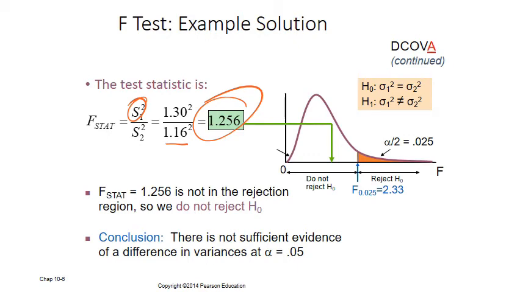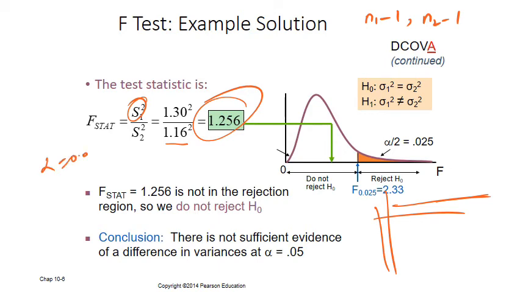And now the next thing is how to find the F critical. As I said, there are two degrees of freedom, n1 minus 1 and n2 minus 1. The numerator degree of freedom will be on the x-axis and the denominator degree of freedom will be on the y-axis, or so-called the column and the row. Also for the F stat, whether we are checking it for alpha 0.05, alpha 0.025 or alpha 0.01, for every alpha we have different tables. So first of all, you will see which alpha we are checking, for example, here we are checking F critical for